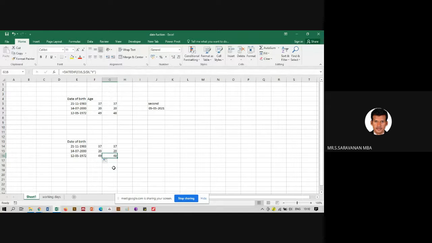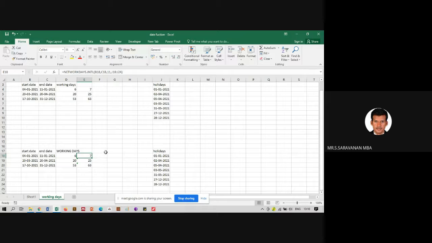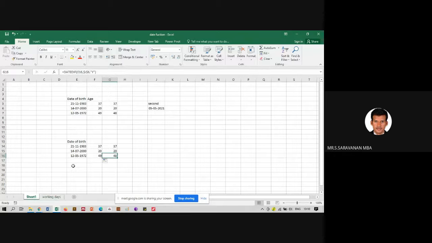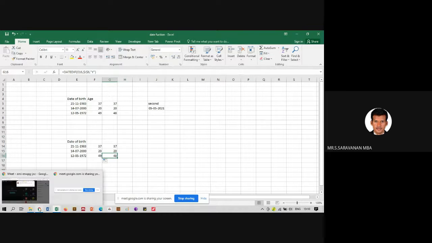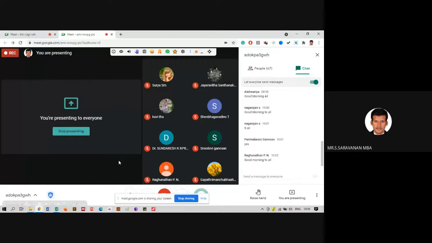Okay, so first we saw the number of working days without Saturday, Sunday calculation. Second, including Saturday, how many days will be working. Then age can be calculated. See, for 3 data it is easy to calculate. Let's say you have 200, 300 students, and instantly you want the information now. If you have the date of birth, automatically you can do it within 2 seconds. We can all do that. So this is very useful for all the faculties.